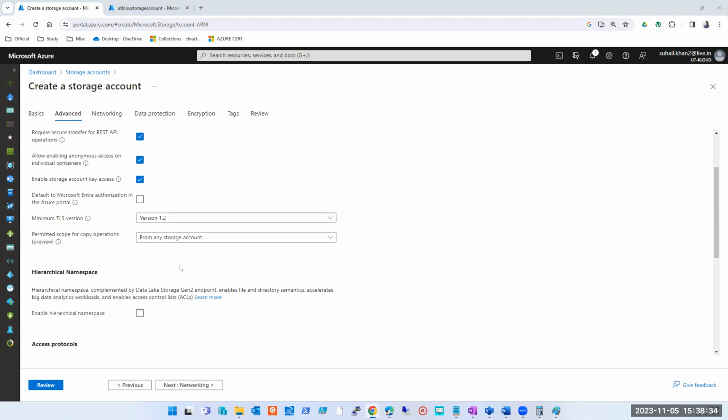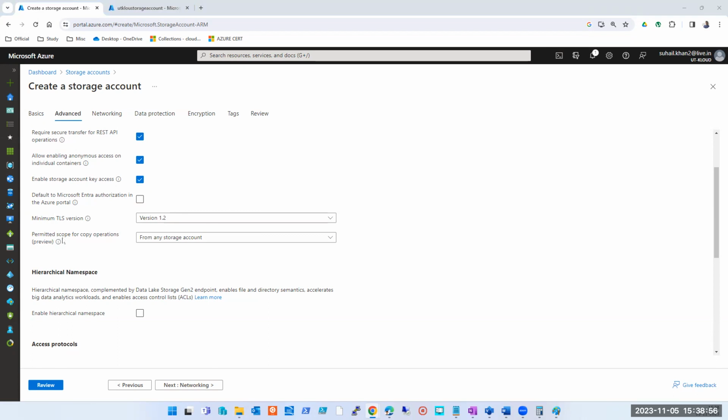Okay. So this is a new option, by the way. Wherever you see preview in brackets, it means this is not available yet. This is available for few users. You may see it, you may not see it. I have applied for the beta program, so maybe I'm seeing it. I'm not sure if you guys will see it or not. But this is preview. This is not yet available in production environment.